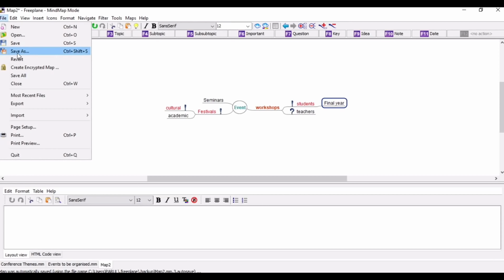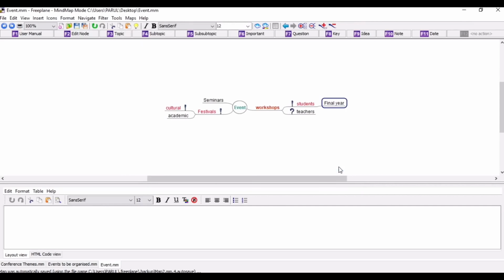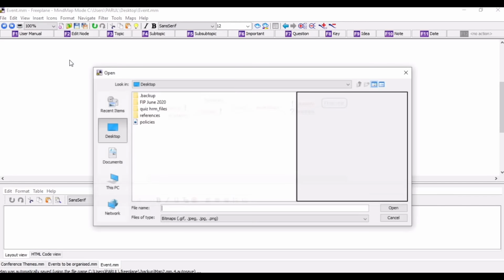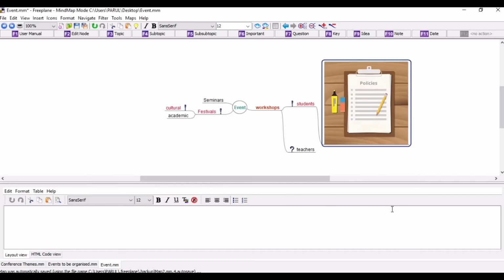So I click on save as. Automatically there would be this extension we have already clicked on during the time of installation, that we can use this extension. So I save this on my desktop. Now if I want to insert certain things, so let us say if I want to insert an image, I go here, I click, this is an image already saved on my desktop, so I click on open and I will see an image here, right?